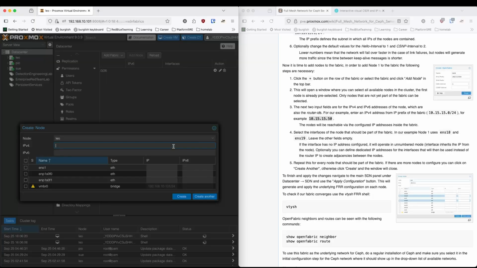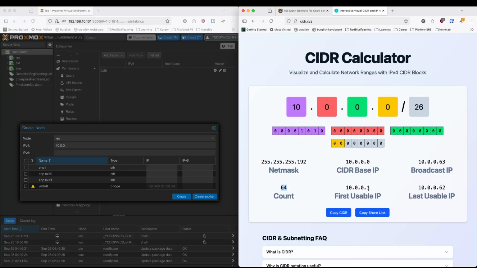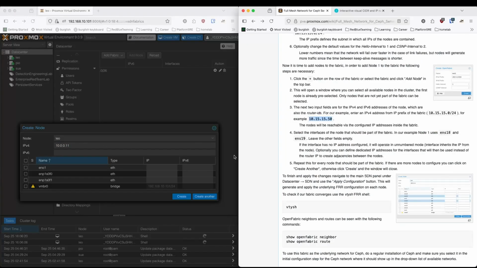Okay. So I'm going to pick the IP address from within the /26, which will be, let me check that. So the first usable IP is 1. I'm going to go probably with 11 in this case, instead of a 50. I'm going to copy this just in case,